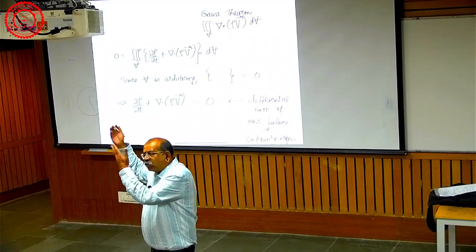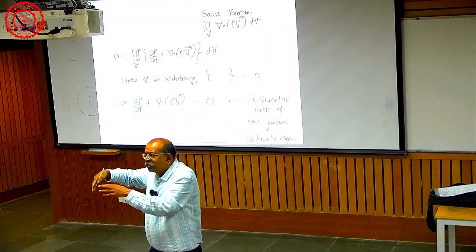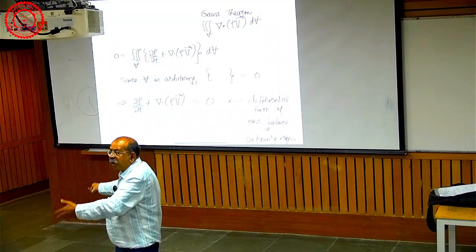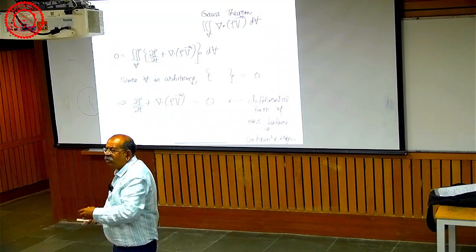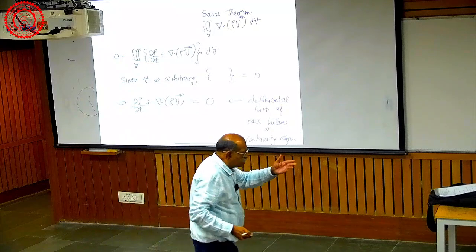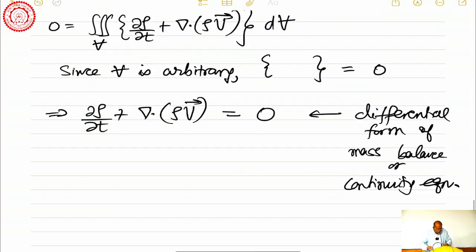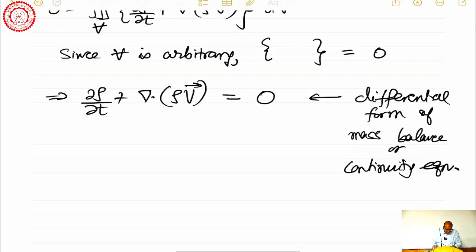And that will be equal to the net outflux, whatever is going out minus whatever is coming in, all that will be equal to 0. I'll just take up some problems also of that type. Here what I've done is I've just written the differential form of the continuity equation or the mass balance equation. And the integral form is